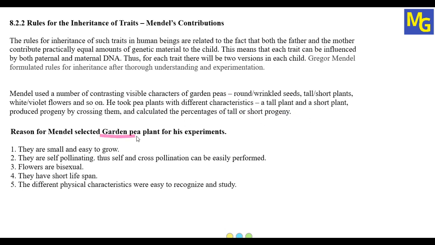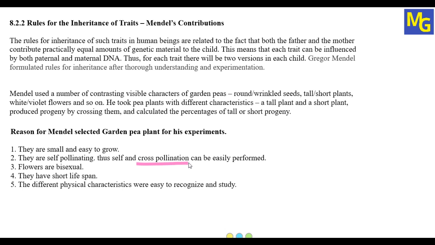This is a question which will be asked many times in exams. The reasons Mendel selected the garden pea plant for his experiment are, first, they are small and easy to grow. If you see the plant, the garden pea plant is very small and can very easily be grown, and therefore it is used. The second reason is they are self-pollinated, so self and cross-pollination can be easily performed. These plants are bisexual, meaning they have both male and female gametes. They have anthers as well as ovary and ova, and therefore in those plants we can do self as well as cross pollination,